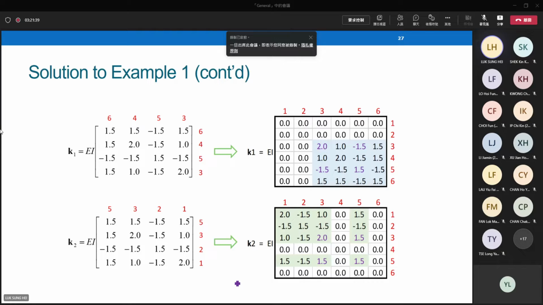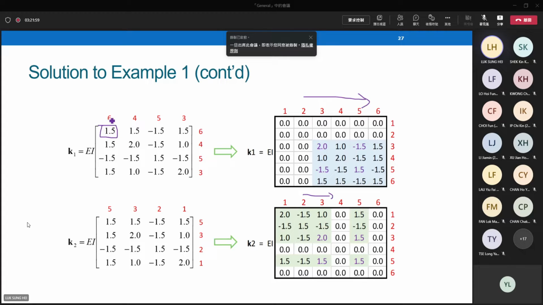So here I put one additional step. I enlarge K1 to 6 by 6 with ascending code number order. We do the same thing for element 2. Enlarge it to a 6 by 6 matrix with ascending code number order. Say, for example, this element,